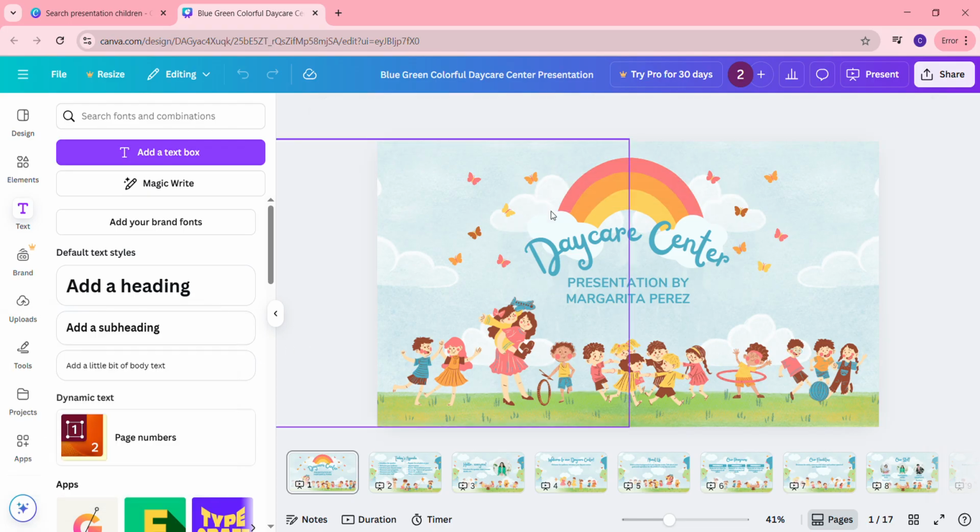Okay, so a lot of you go, how do I save this? Okay, it's not quite as simple as Microsoft PowerPoint. Everything you do on Canva automatically saves for you. So for me, that is a lot easier. Some people get out of the routine and think that's a bit confusing, but up here when you go on to